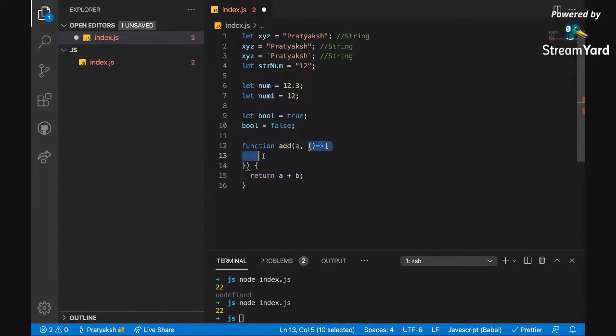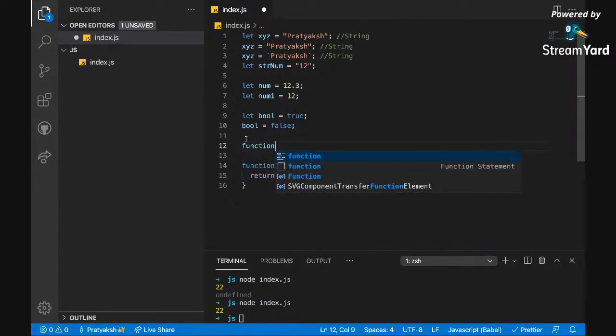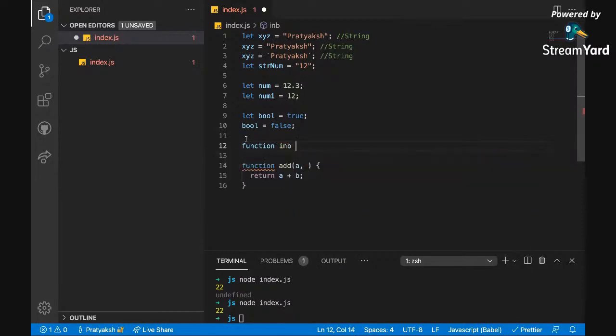Earlier I had to define a function somewhere else, function over here, function inb like this, and then only I can use it over here. But now I don't need that. I can just do it over here like this.